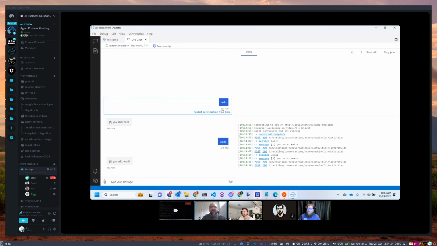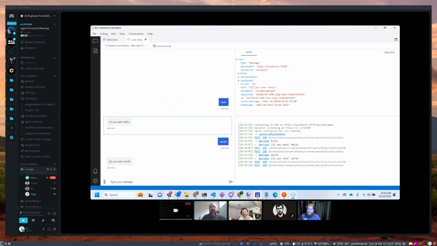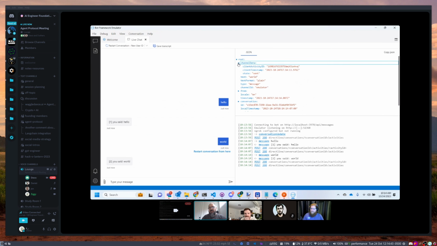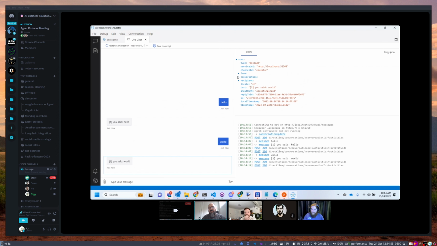Now I don't know if this one is going to work from here, but this has some really nice features to it. You can inspect every post and message that's gone back and forth. You can click on any of these and see where they're at conversationally. So I can click here and see the JSON payload that was sent. Here's the payload that got sent to the bot, and here's the payload that got returned from the bot. It's really nice from an inspection perspective, and really just general debugging.